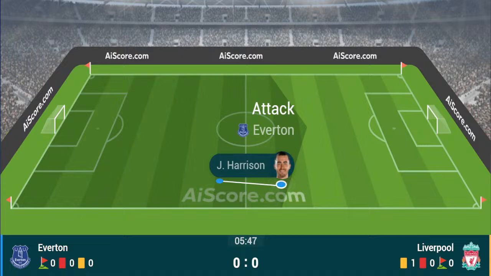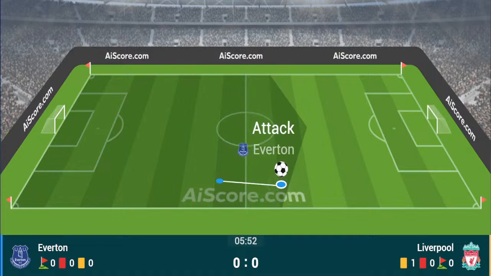Szoboszlai chests it down off his first touch. Had 2 blue shirts in front of him, but lays it out to Robertson on the left hand side. Driving forward. Good challenge by Tarkowski to get the ball forward for Everton. Harrison forward it goes into the air. Looking to find Calvert-Lewin. Rounds Alisson, goes to ground, and the referee points to the spot, and it's an early